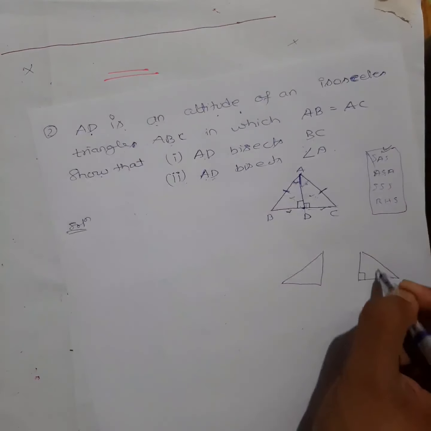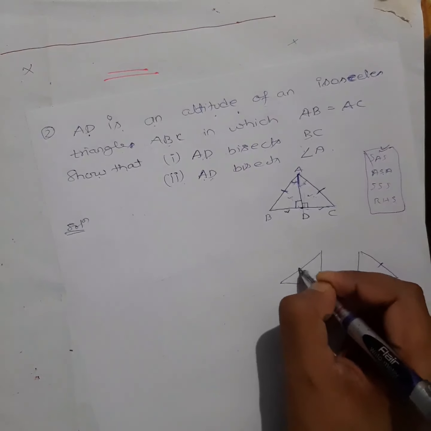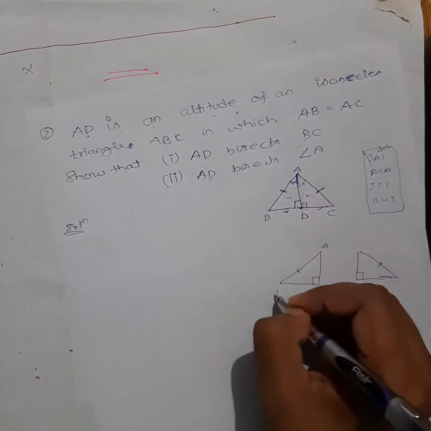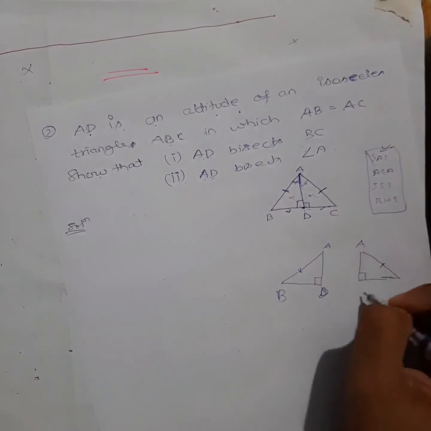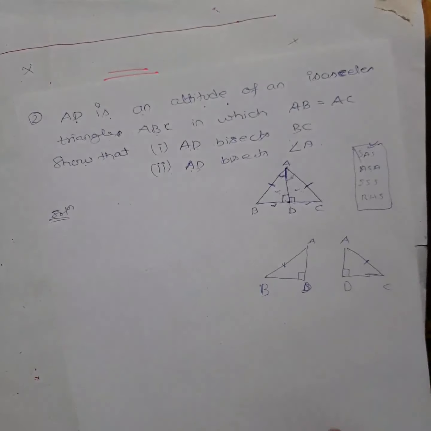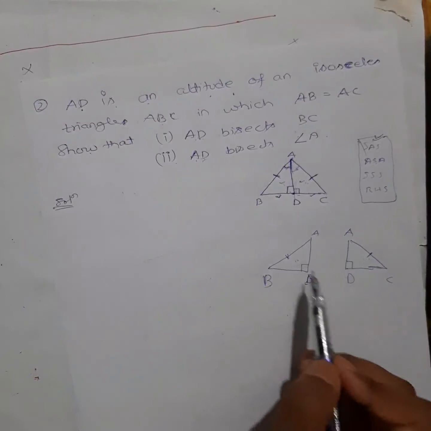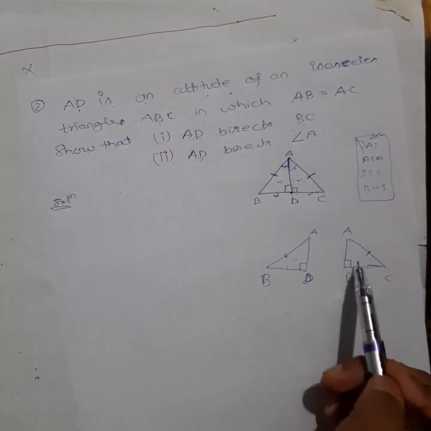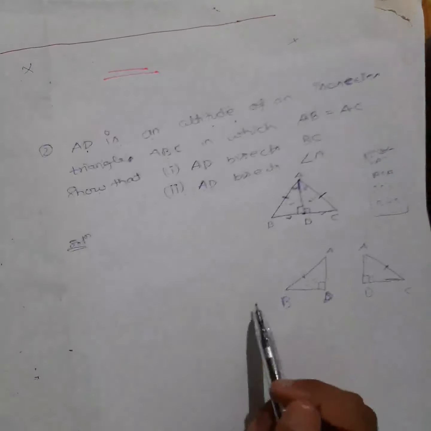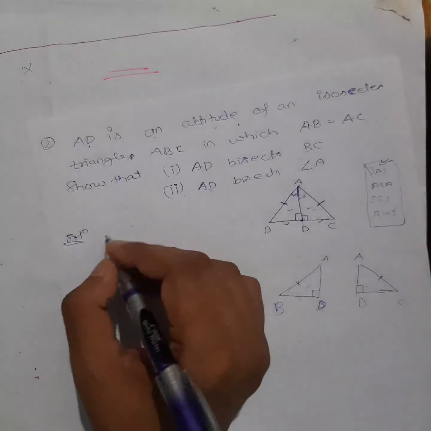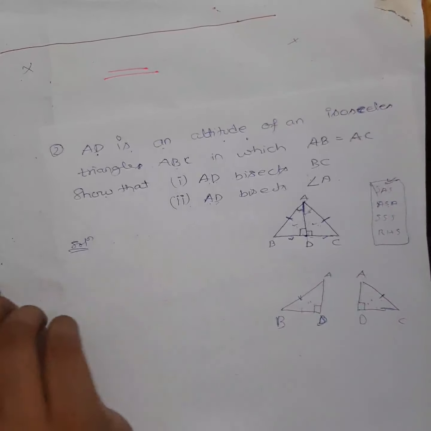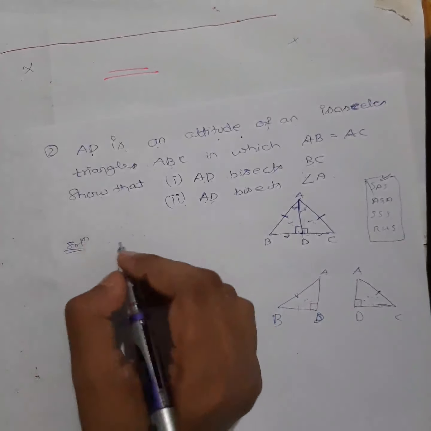So what information do we know? This is 90 degrees, this is equal, this is 90 degrees, this is equal. We know A, D, this is D, this is B, this is A, D, this is C. See how I'll show these two triangles congruent. Once you show these two triangles congruent, this and this will be equal. In one problem you can solve all the questions here. Once you solve this, all the questions will be solved, so let's try to solve that.